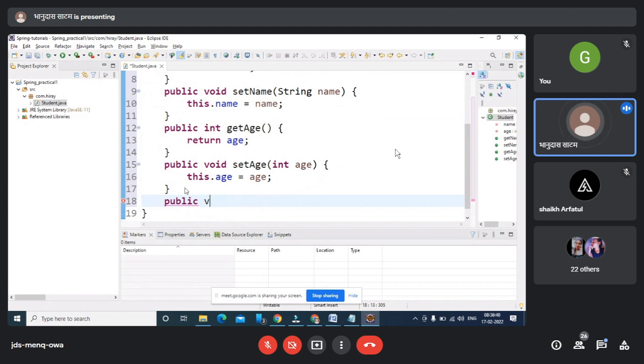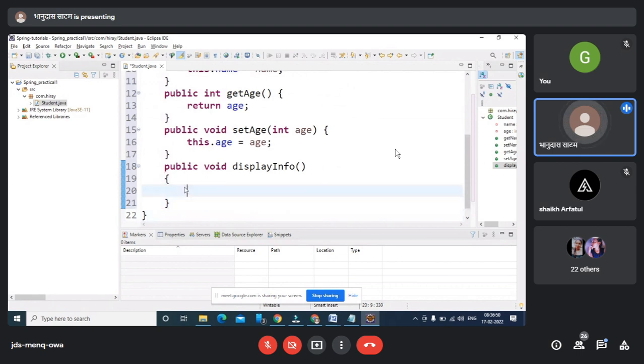So I'm choosing display, void. I'm writing a display information method here, where I'm supposed to print my student name.